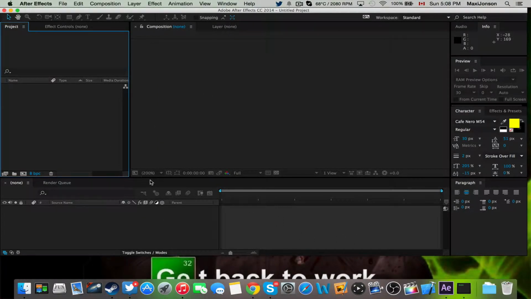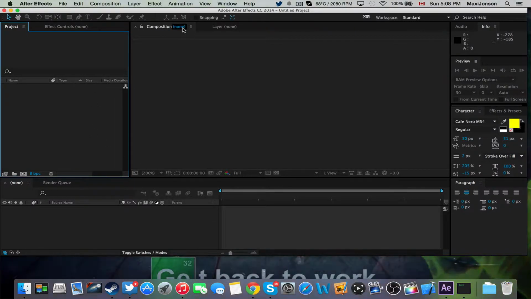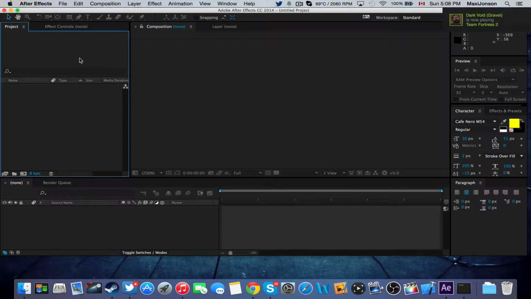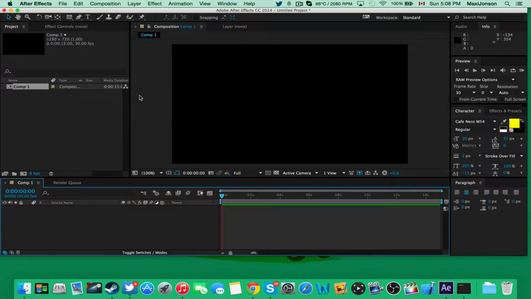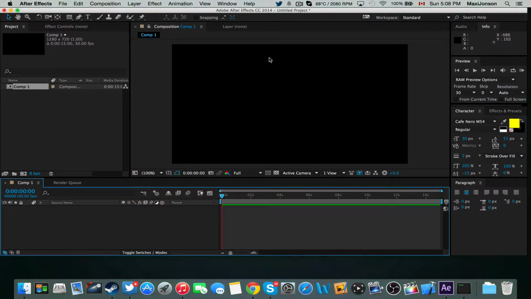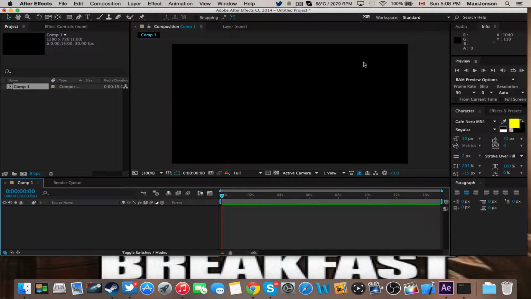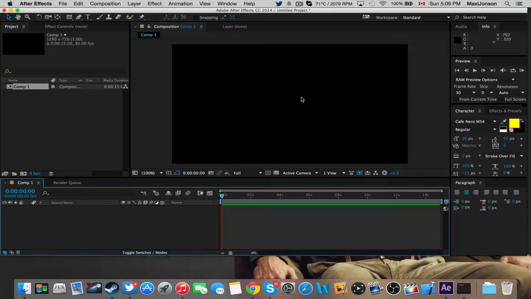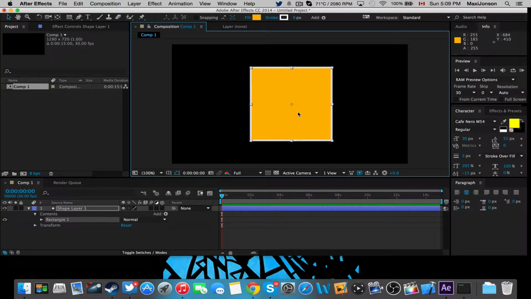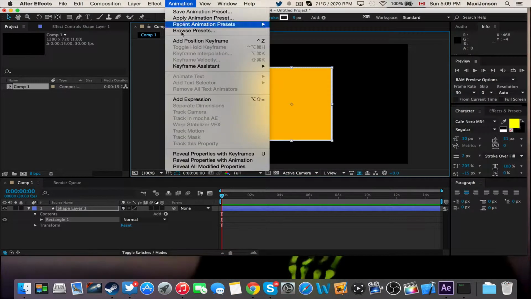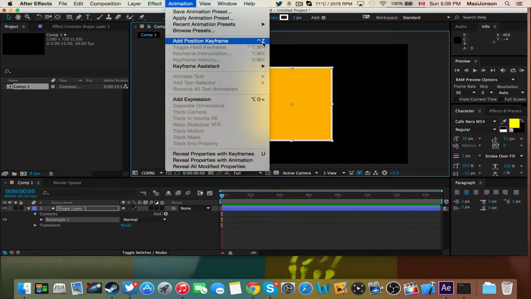So right here you're gonna go on, and I don't know if I did it. Anyways, just create a new composition. No, I did not do it. So I'm just gonna go on and create a new composition. Well, don't create any composition. This is not part of the tutorial. I'm just showing you this so you can see in effect what it does. I'm just gonna create a very simple square, and I'm gonna show you guys. See here, add position keyframe. Usually you don't have